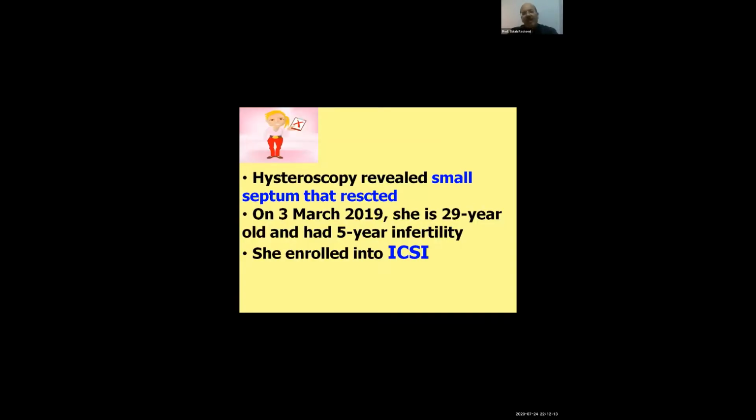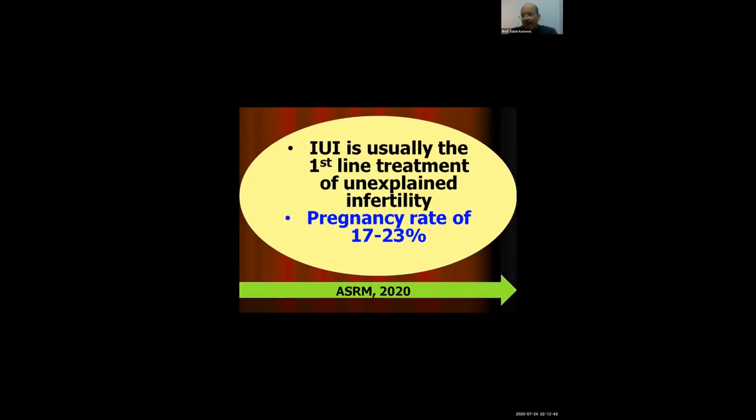Mrs. Suzanne underwent hysteroscopy, which revealed a small septum that was resected. Years ago, she had 5 years of infertility and was enrolled into an IVF program. What do you think? Should the gynecologist proceed directly, or should he take another step? As also stated by the last ASRM recommendation, IUI should be practiced